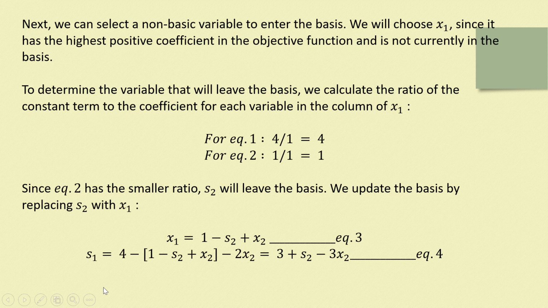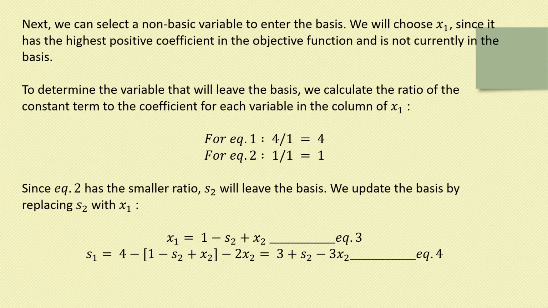Next, we determine the variable that will leave the basis. We'll calculate the ratio of the constant term to the coefficient for each equation in the column of x1. For equation 1, 4 by 1 is 4. For equation 2, 1 by 1 is 1. Since equation 2 has the smaller ratio, s2 will leave the basis, and we update the basis by replacing s2 with